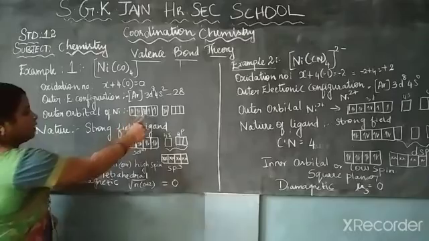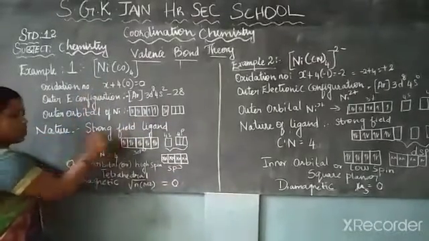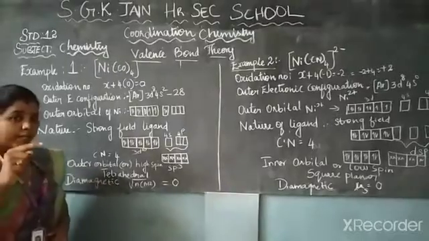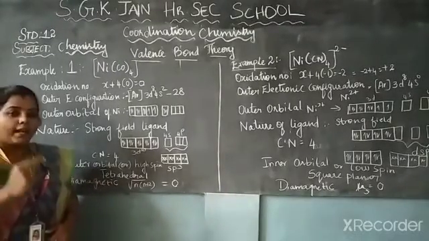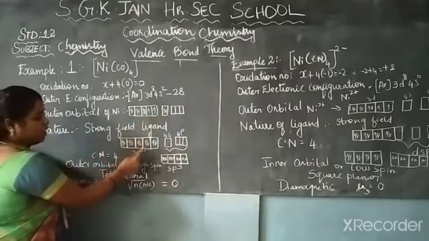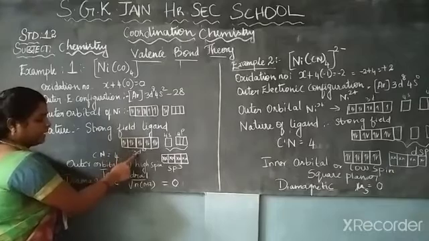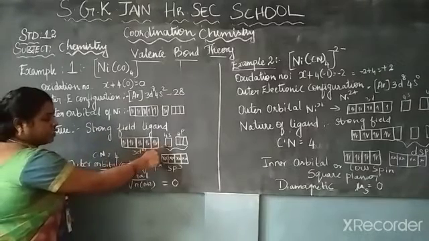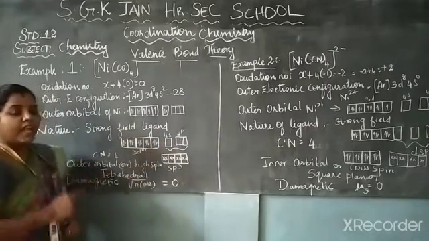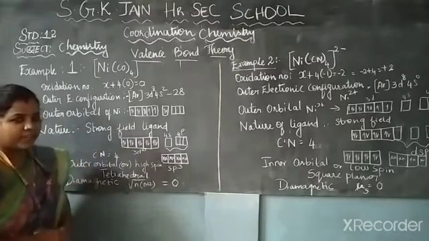So here the unpaired electrons are there. What is the nature of the ligand? It is a strong ligand. What is the nature of strong ligands? They have the tendency to pair up the electrons. So from the s orbital, the electrons should be paired up. So 3d8 becomes 3d10, the s orbital becomes 0, and obviously the p orbital has vacant space.